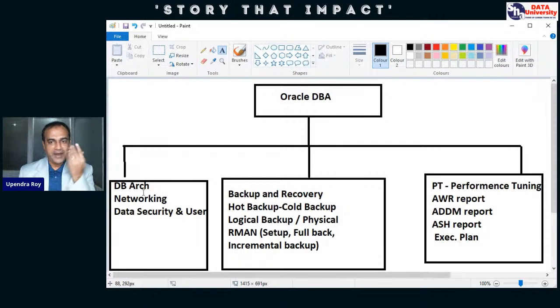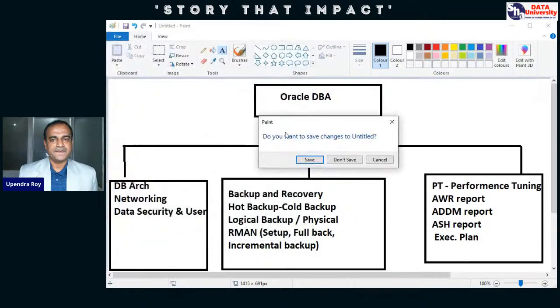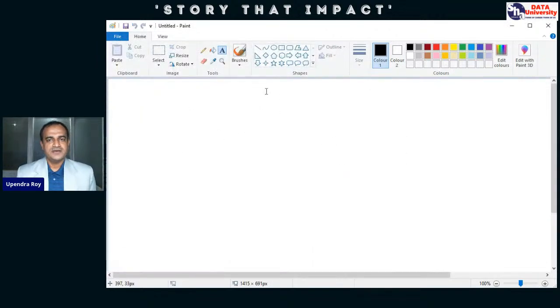Okay, the second part we are going to start, and we are going to be familiar with some main sub-topics, or you all are going to be familiar with the terminology. Okay, so what exactly is the focus area for the backup and recovery part? So the next, we are going to discuss the backup,